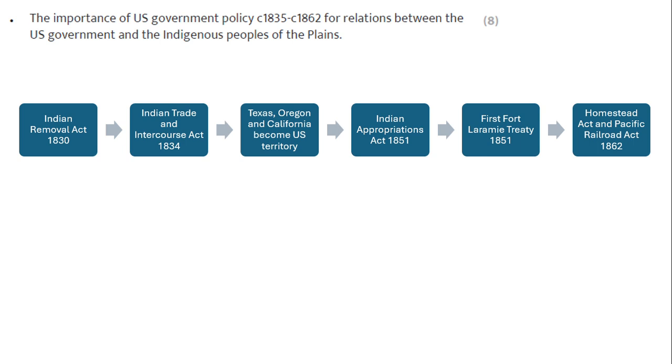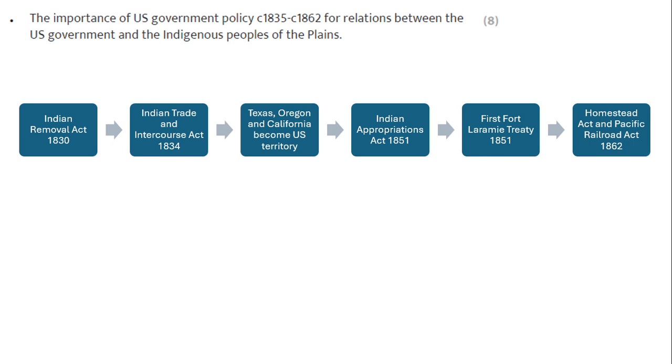So the Indian Appropriations Act is created in 1851, which gives government funding to put indigenous peoples onto reservations, and then in order to keep relations cordial, they agreed the first Fort Laramie Treaty, which allows indigenous peoples to stay on areas of territory. However, as you should know, this doesn't go quite to plan. Then in 1862, you have the Homestead Act and the Pacific Railroad Act. But because the question covers 1835 to 51, we're going to ignore the Homestead Act and Pacific Railroad